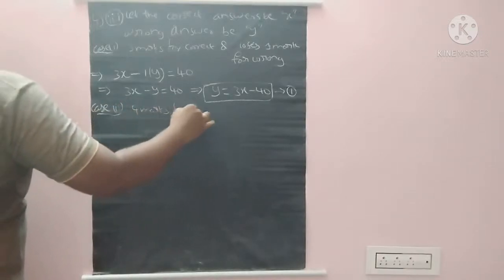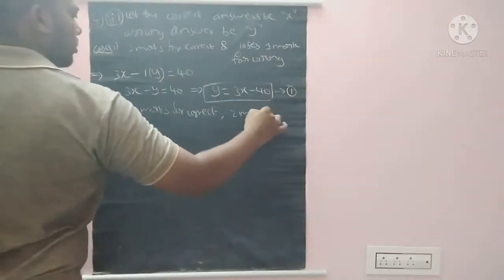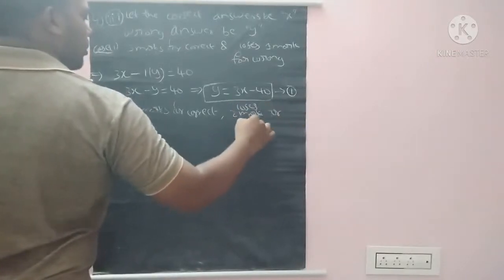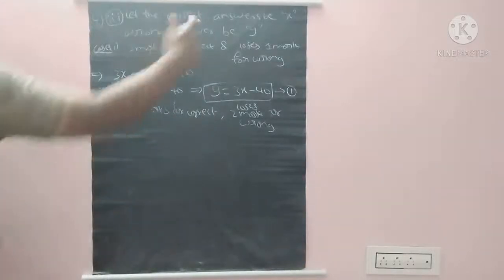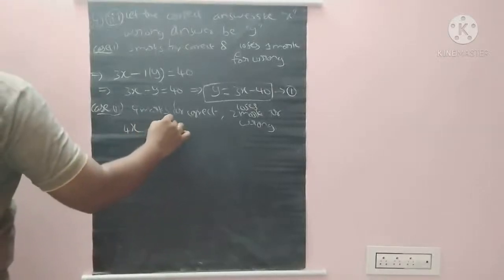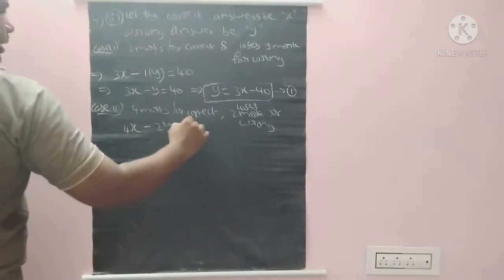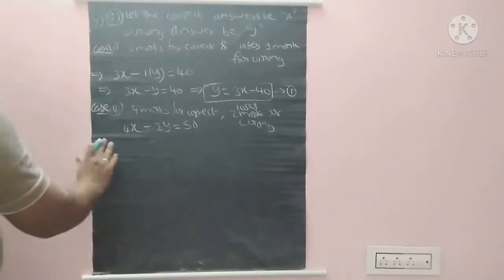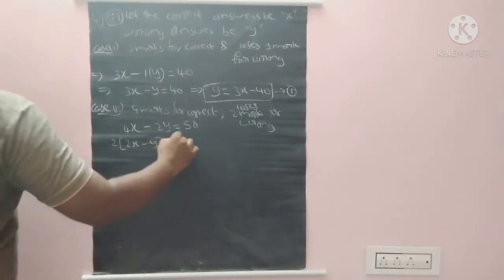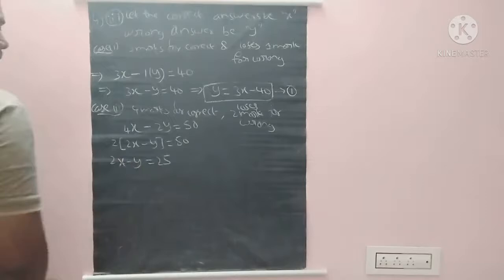4 marks for correct, 2 marks loses for wrong. So X questions are answered correctly, so 4X marks he will get, and 2Y marks, these are the negative marks, so that we need to subtract, that means these marks should be removed. In that case he will get 50. So here we can take 2 common, so 2X minus Y is equals to 50. So 2X minus Y is equals to 25.